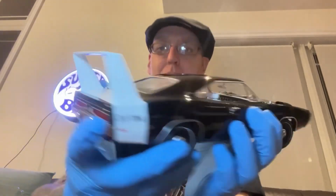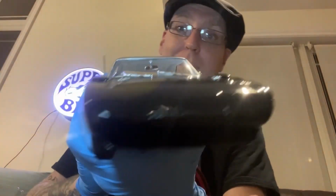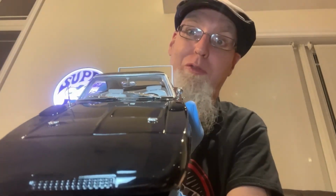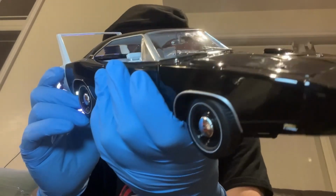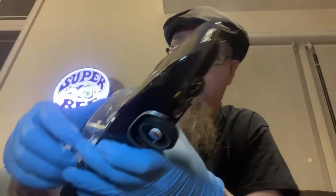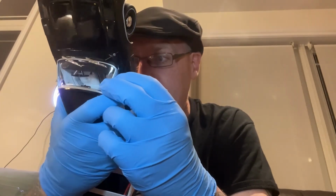Okay. So, thankfully, it's not broken. I was starting to get worried when the hood wouldn't close flat. I was like, no way. Because Auto World, I love them to pieces. For quality, I can't believe that. First time I've seen something like that. Now,